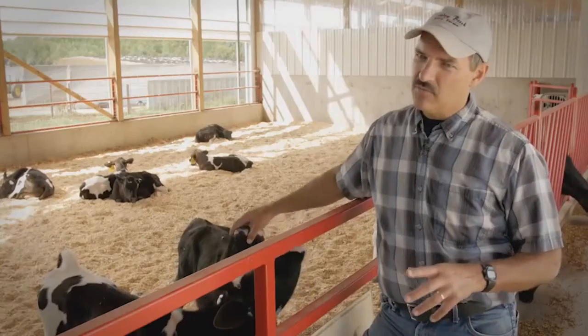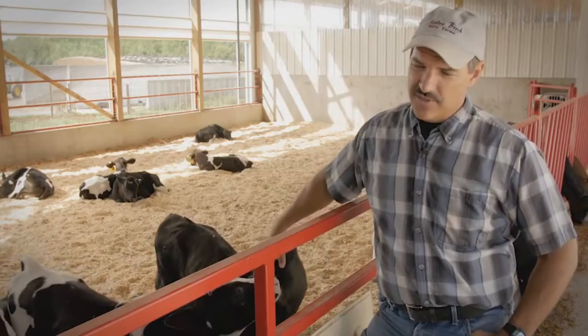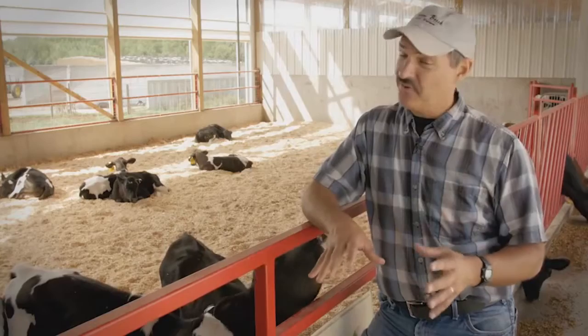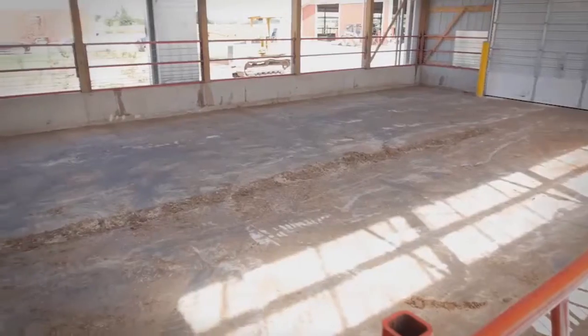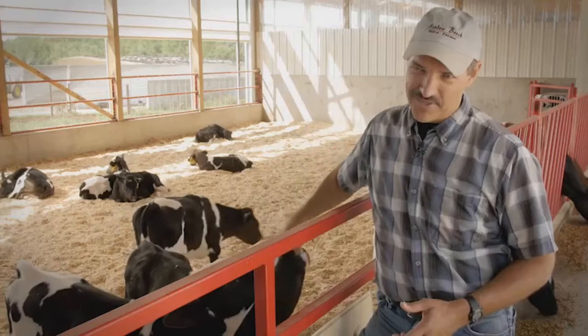But I also wanted to break the disease cycle that you get in calf barns. So we designed this where we fill a room. They enter here at birth, they're put in nursery pens. They stay together until they get weaned. We empty the barn, we steam clean it, we disinfect it, it sits empty for a couple weeks, dries out,